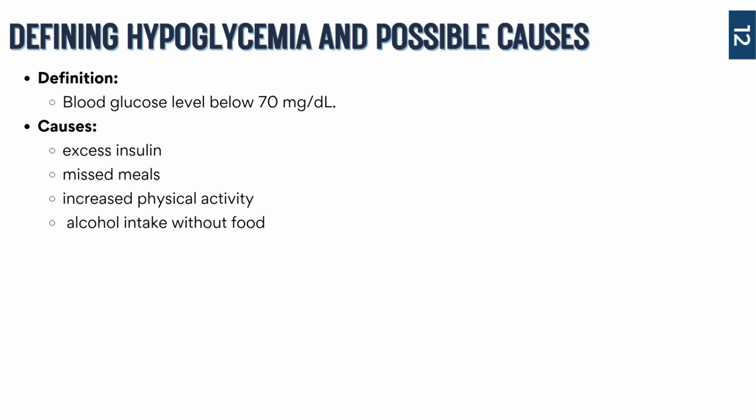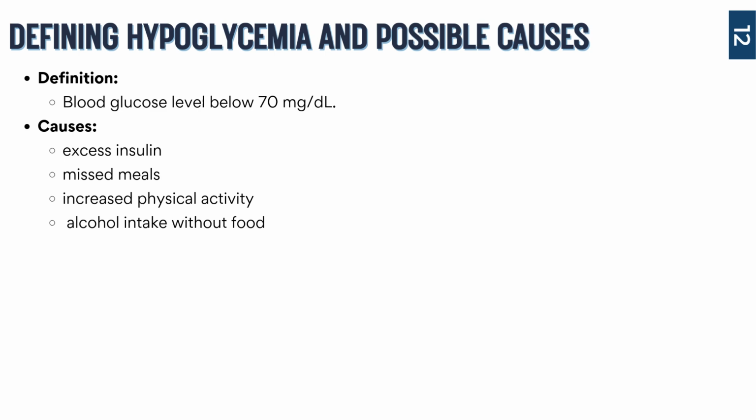So now let's flip the script, and we've been talking about hyperglycemia. So now let's talk about hypoglycemia, or low blood sugar, okay? So it is defined as blood glucose levels below 70. Now, this could change based off of what textbook you use, what source you're going with, okay? But if I were to give you a test question, I'm going to make it obvious if it's hypoglycemia. Like, you're going to get like a 52 kind of thing, it's not going to be on the border.